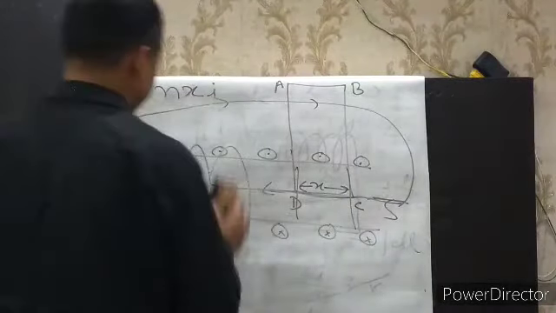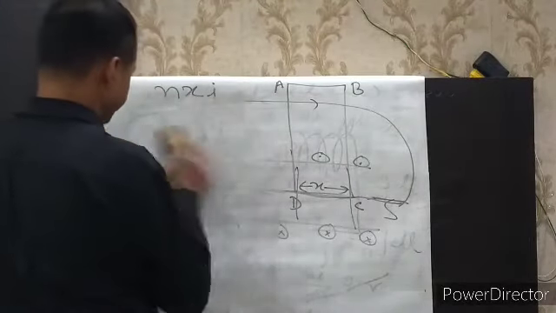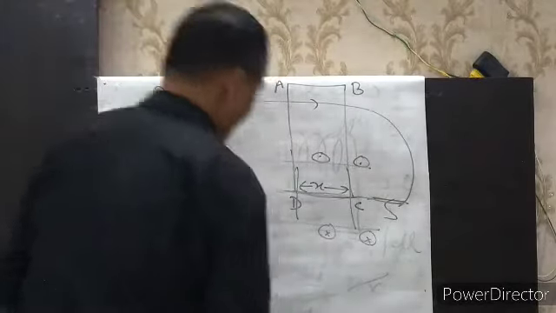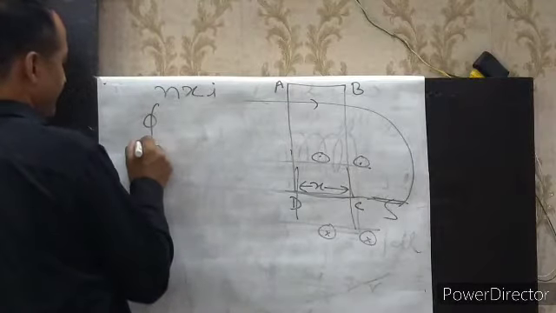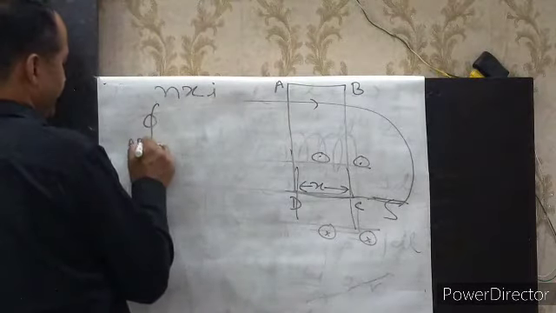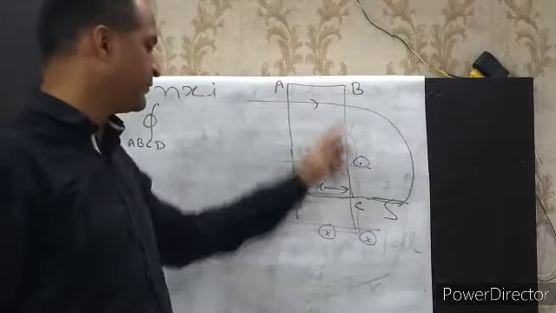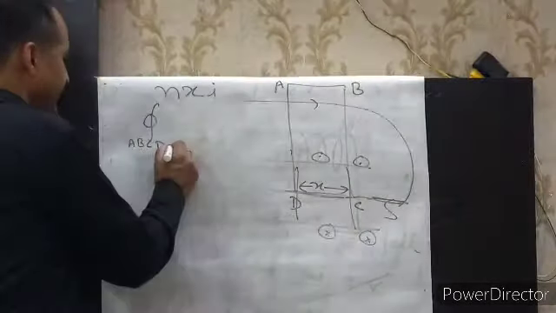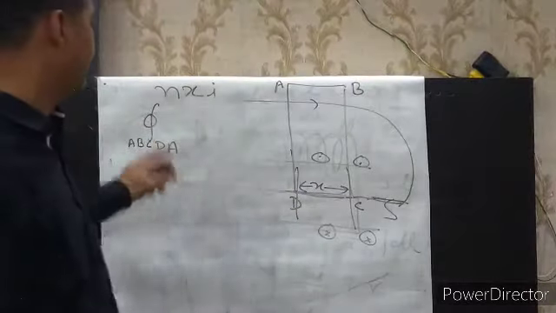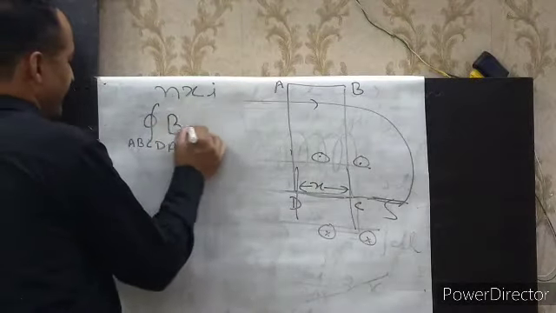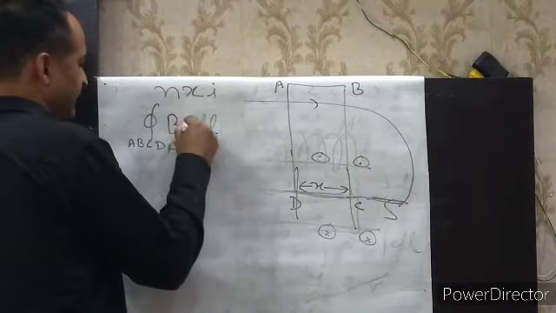Now I am rubbing this diagram to explain to you Ampere's circuital law. We take the closed integration over A, B, C, D: A to B, B to C, C to D, D to A. This is a closed integration, which means we have to integrate the magnetic field dl around this loop. Clear? Actually, this is a dot product.